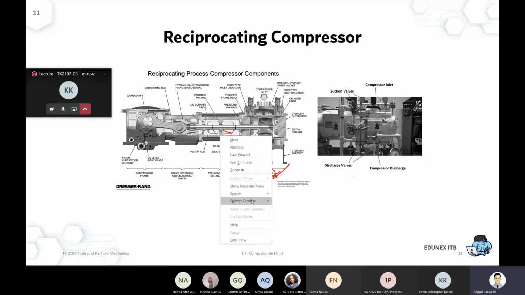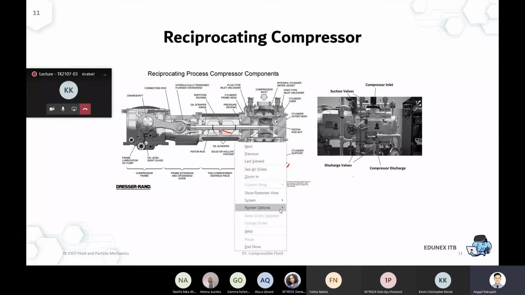So you just imagine when this shaft goes to the left direction, it will suck the air inside of the chamber because the volume increases. And then when the shaft goes to the right direction, the volume decreases and it pushes the air at a higher pressure. Similar to a piston.